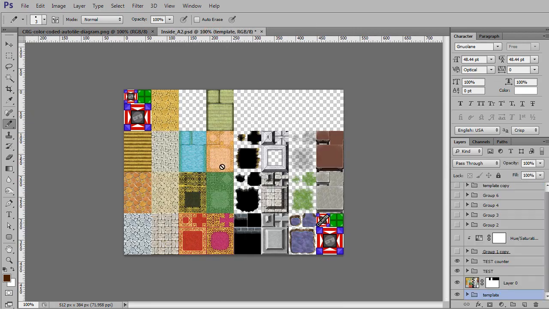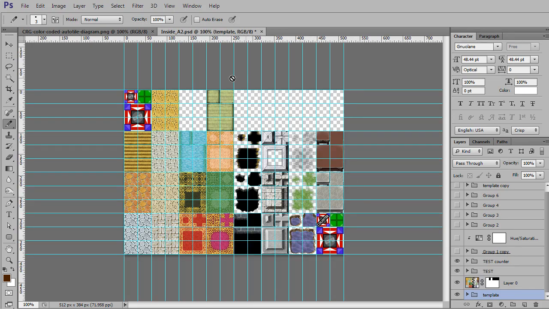And then I opened up our inside A2 file. I recommend you do this just so you have a background guide to use, even though you should remember how many squares everything takes up, but it's easy to just have this open and draw on top of some of these, just as a reminder. And then I used this plugin called Guide, and that sets up actual guides rather than a grid, and I have this set to 32 pixels. But we also need a 16 pixel grid, so I'm also turning on my 16 pixel grid here in blue,